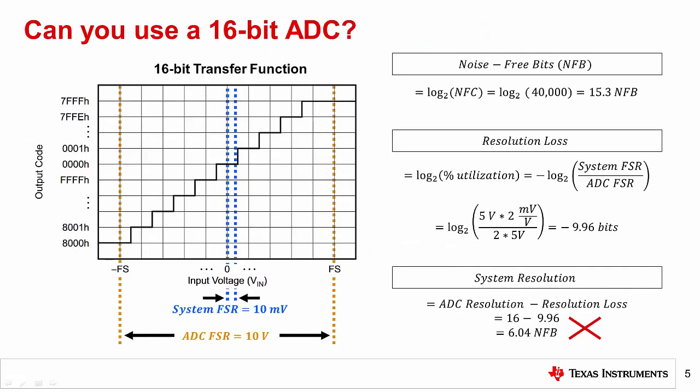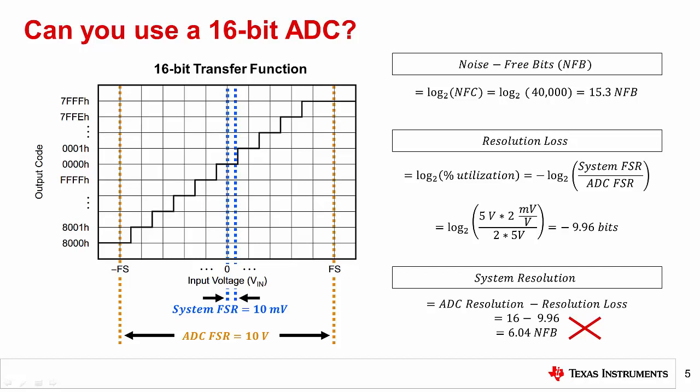We introduced this topic in the previous Precision Labs module on noise measurement methods and parameters, where we discussed if a 16-bit ADC was sufficient to provide 16-bit resolution. One important factor is how much of the ADC's full-scale range you use. In order to get all available codes, you need to use the ADC's entire full-scale range, represented on this 16-bit ADC transfer function by the orange lines. Since this ADC's full-scale range extends from negative Vref to positive Vref assuming no gain, and the reference voltage for this example is 5 volts, the ADC full-scale range is 10 volts.